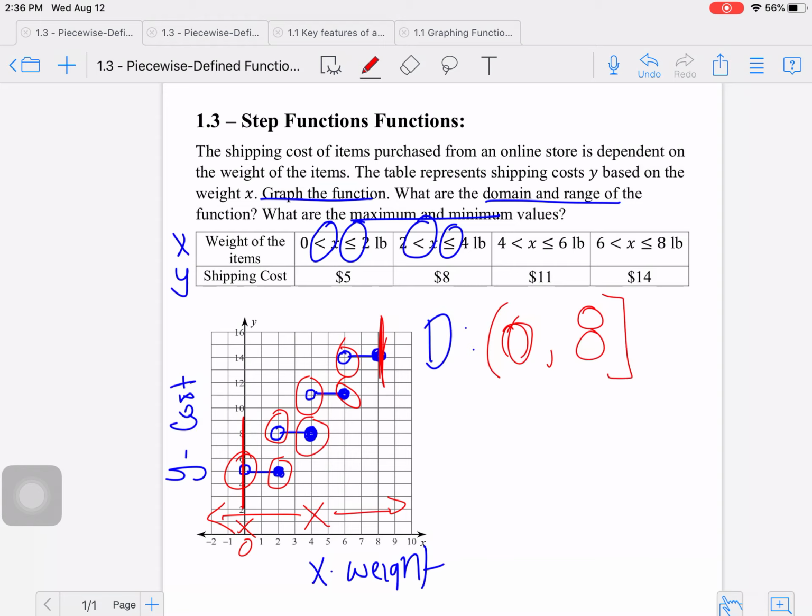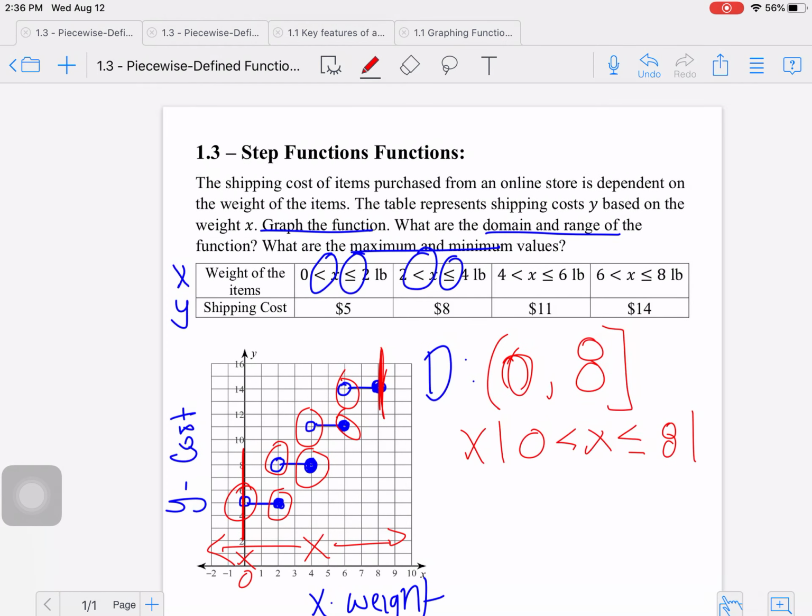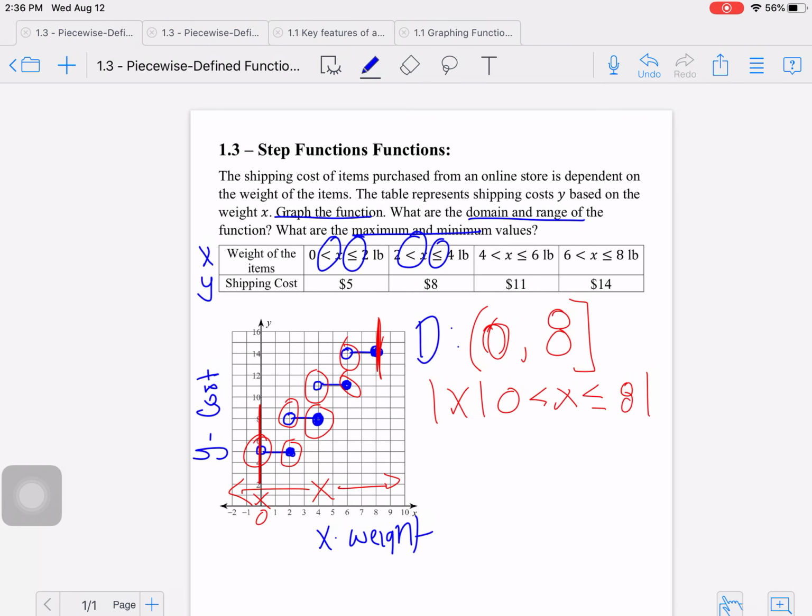How can I write that in set notation? Well, that would be the set of X, where 0 is less than X, not equal to though, because it's not included, but X is less than or equal to 8 because 8 is included, and that's my domain. In terms of my range, here's the tricky part when it comes to the range, because